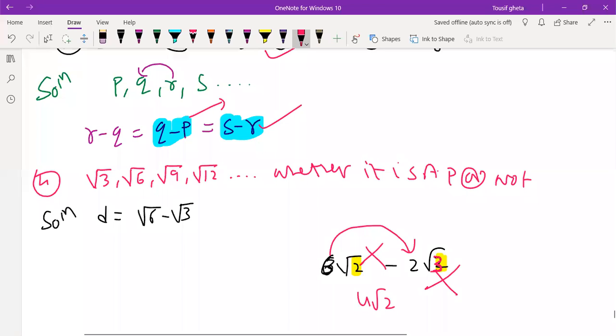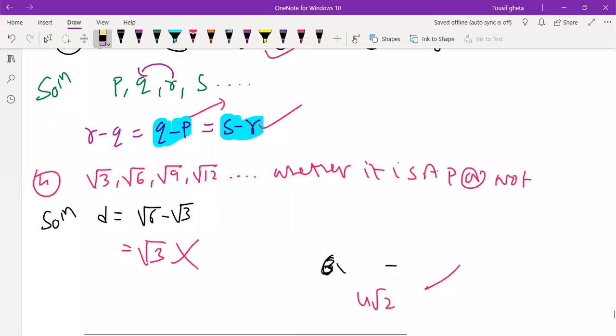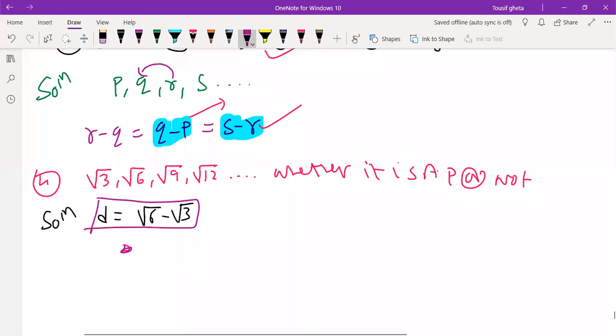So here root 6 and here root 3. You can't write root 3 here. Remember this. So to subtract, you need to have the same radicand. Same radicand, same order. That too you can subtract only the coefficient. So this has to be kept as it is. It should be as it is.